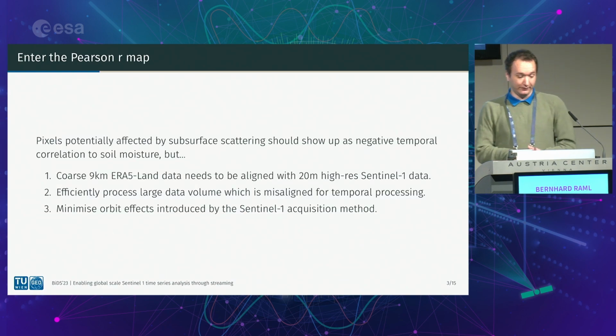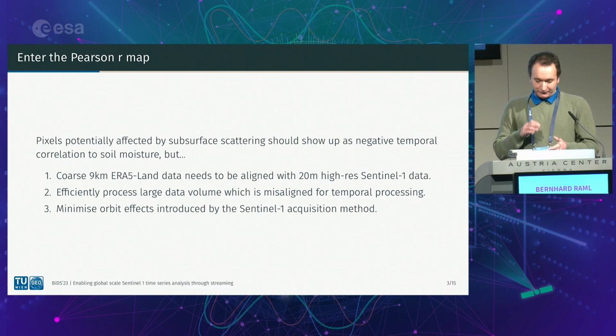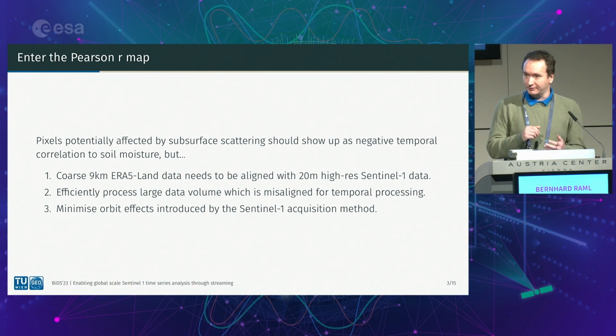So how do we find that? Because you have this negative linear relationship, you could find it by relating the microwave backscatter with some reference soil moisture data and calculating the temporal correlation. The idea is that if there's a strong negative correlation, that's when subsurface scattering occurs. That's exactly what we did. We aligned some reference soil moisture data with the high-resolution Sentinel-1 data, developed an efficient process to handle this data volume, and finally also minimized the orbit effects, but I'm going to focus in this talk mostly on the